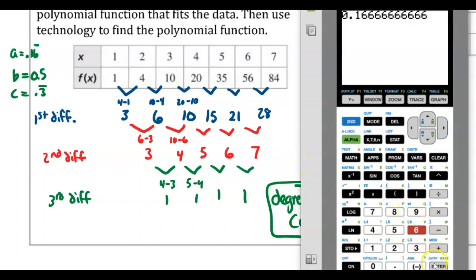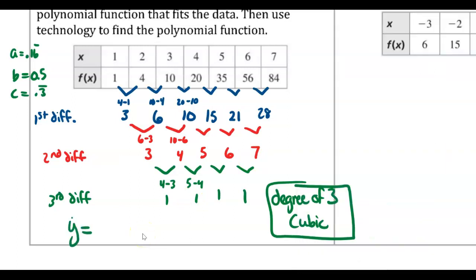Then I'm going to hit alpha y equals, and this fourth one is fraction to decimal or decimal to fraction, and I'm going to hit enter, and it tells me it is 1/6. So that's helpful to know. So it's y equals, A was 1/6 x cubed, B was 0.5 or 1/2 x squared, C was 0.3 repeating,